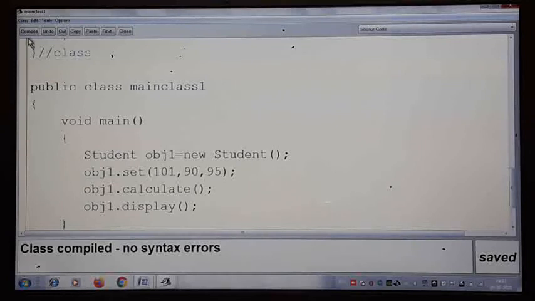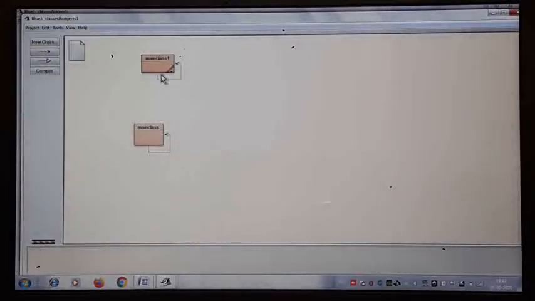Now I compiled. Now you can see the arrow, the same arrow mark pointing to the same file itself. Your file name is mainclass1.java. In that you have a class, and an object of the same program is calling one more class of the same program file. That is the meaning of the arrow pointing to itself. If you create two separate programs, you saw the arrow mark from the other class to this class.